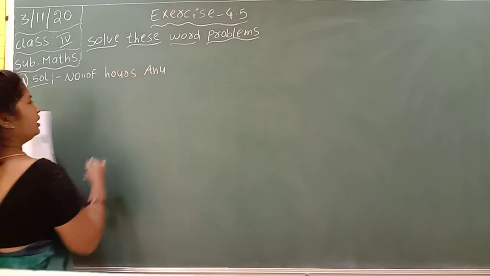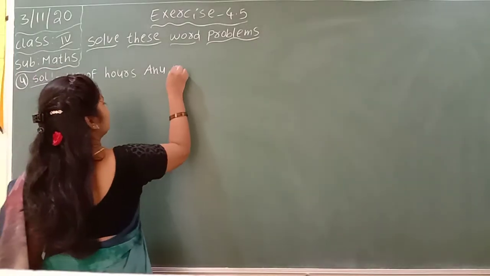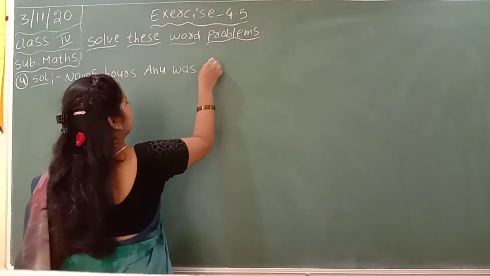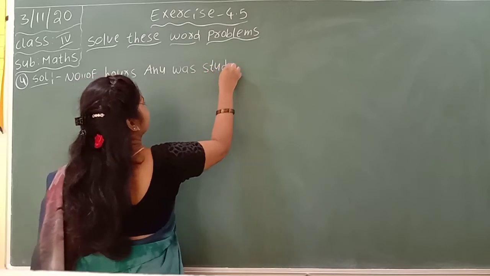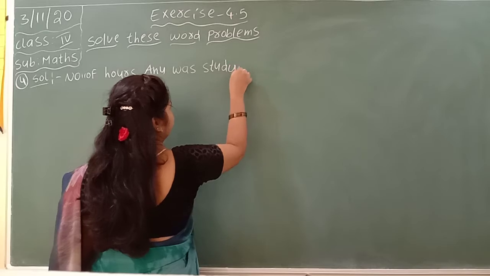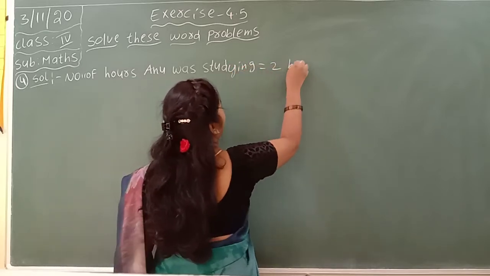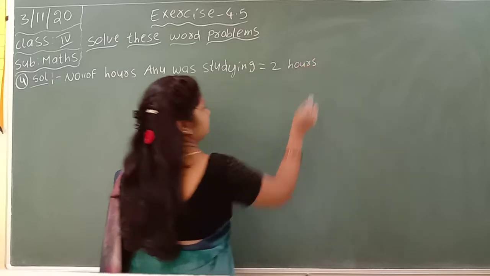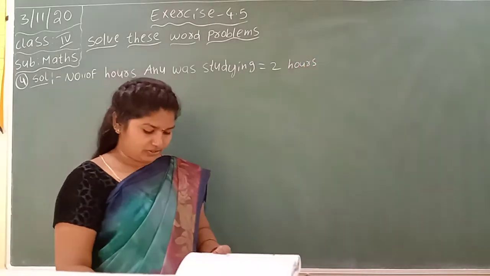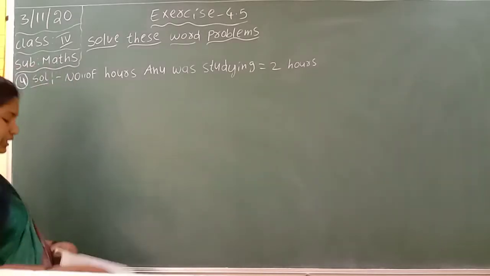Number of hours Anu was studying. How many did she study? 2 hours. She studied 2 hours. Here 1 hour is equal to